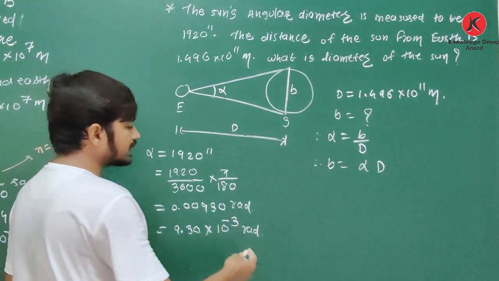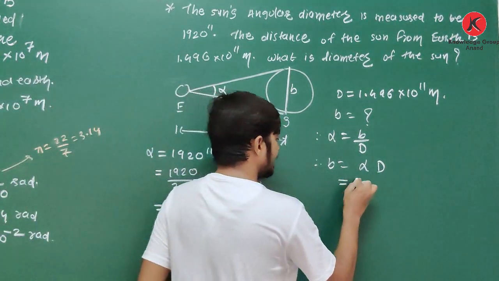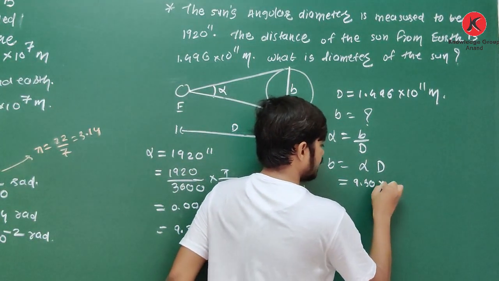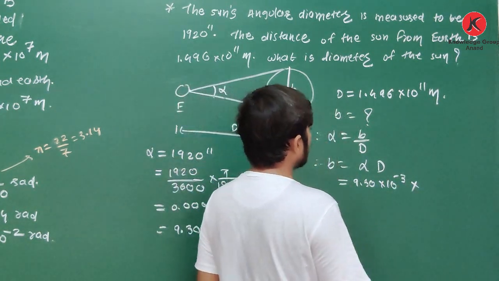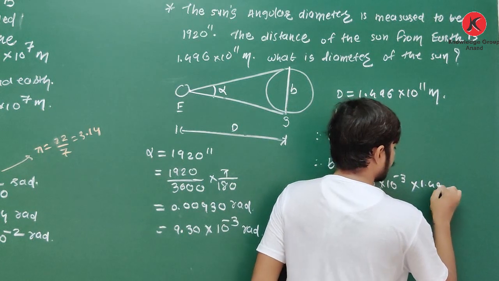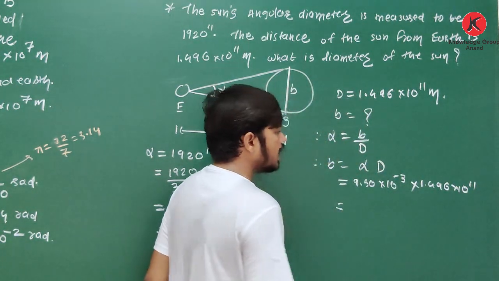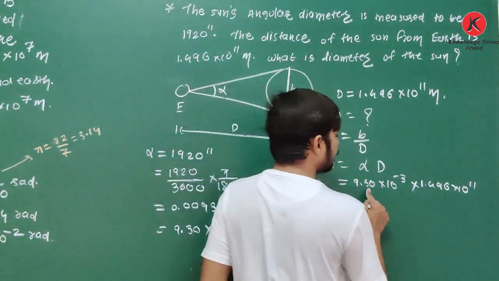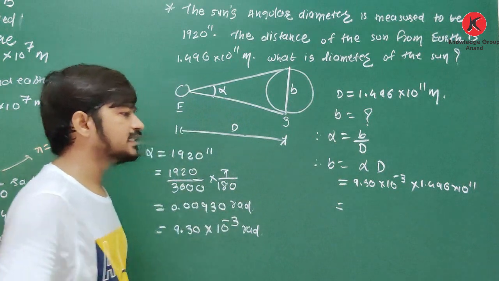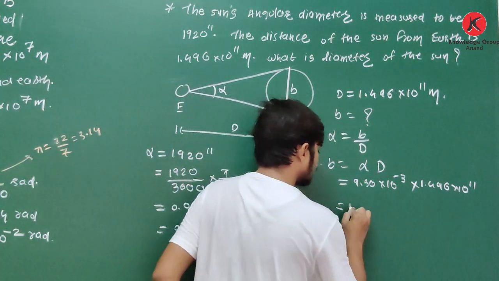Now, this is simple. See, what is the value of alpha? It is 9.30 into 10 raised to minus 3. What is the value of D? The value of D is 1.496 into 10 raised to 11. So in the calculator, you have to multiply 9.30 and 1.496, and your answer will be